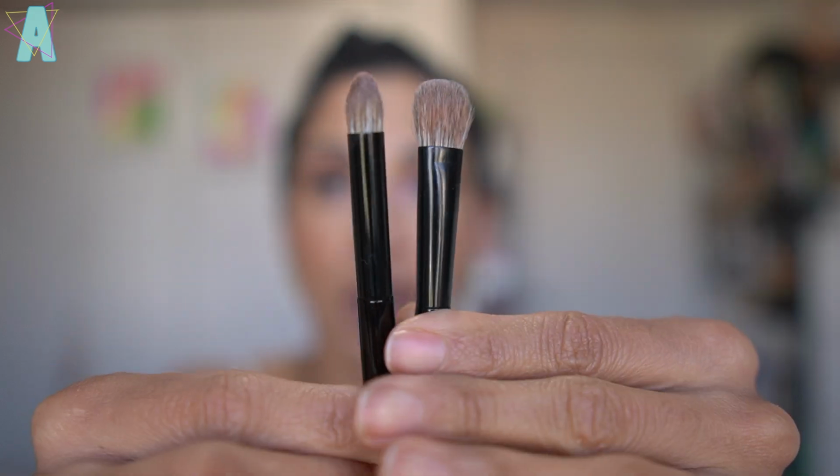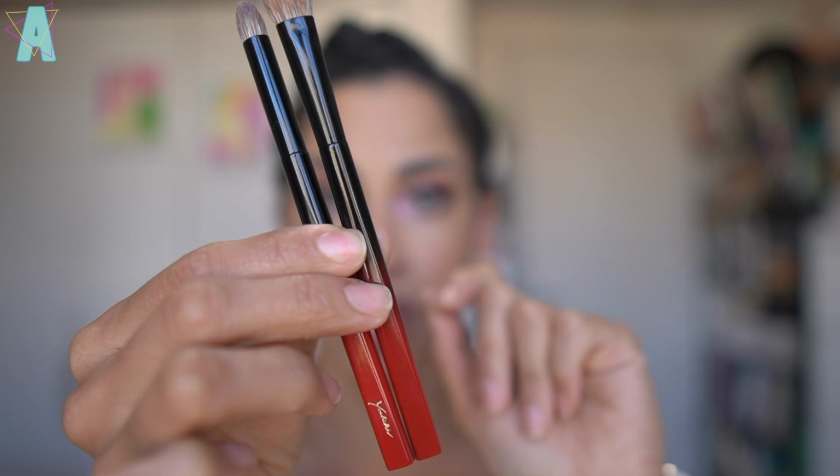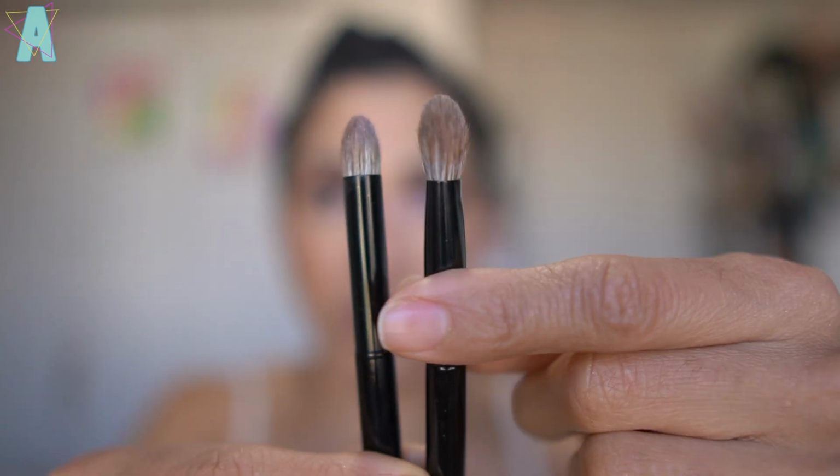You primarily use a brush like this, where you would naturally gravitate toward a fluffy shader such as this, and also from the Yoshiki set, where it's flat on both sides, round at the tip. Naturally, you could imagine you pick up product, slap it on the lid, pull it through the crease, but this also can achieve those blending tasks on a smaller scale. So I understand this is more precise, but I was able to do it, and I have pretty large eyelids,